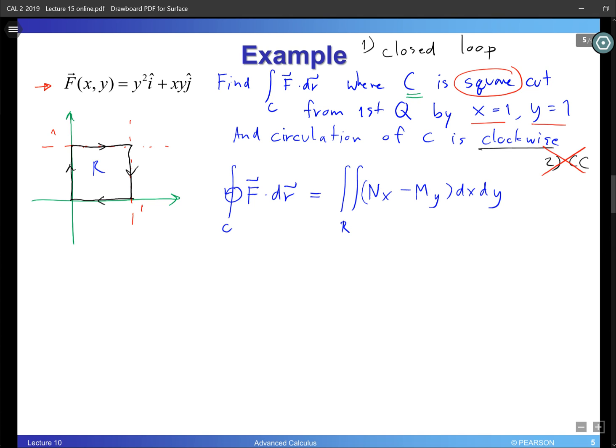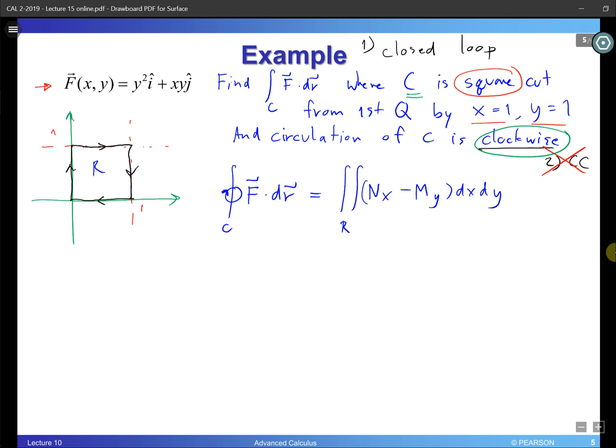But it turns out that in this case, the circulation is clockwise, not the same as has been stated in the theorem. All right. So what are we going to do here? This is not true in our case here. It turns out in this case, the circulation is this. This is clockwise. But the good news is we can just adjust something about this formula to fit this opposite